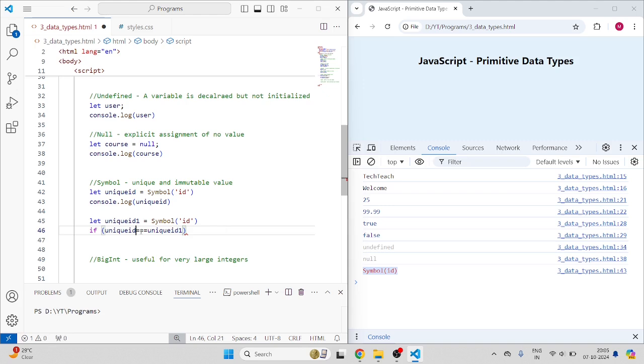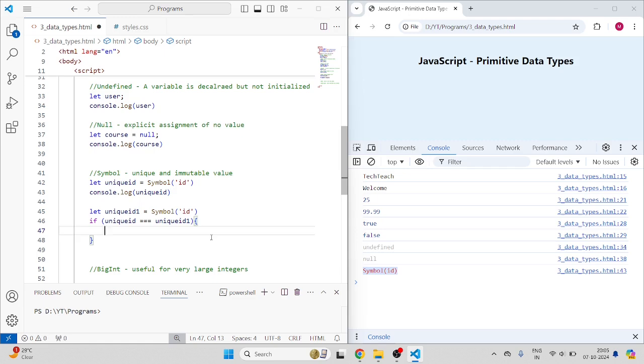When we use triple equal to, it means this operator will check value as well as its type. If they are the same, we are printing console.log they are same,